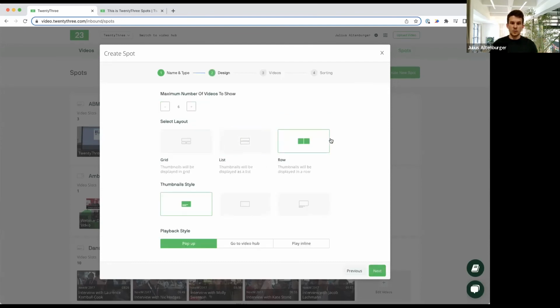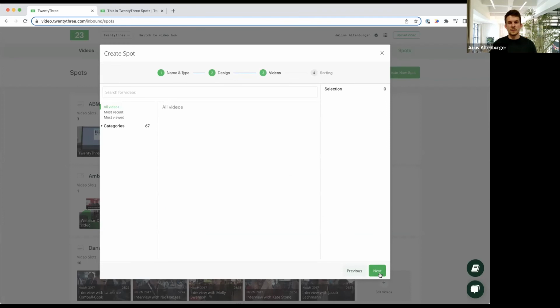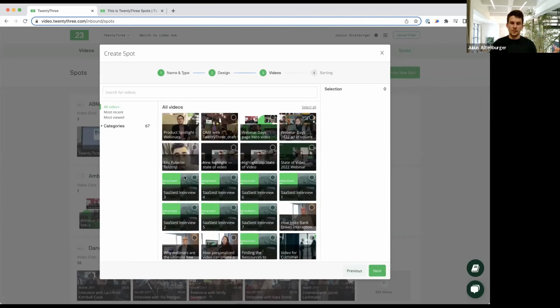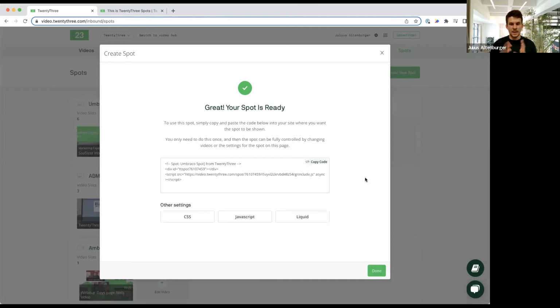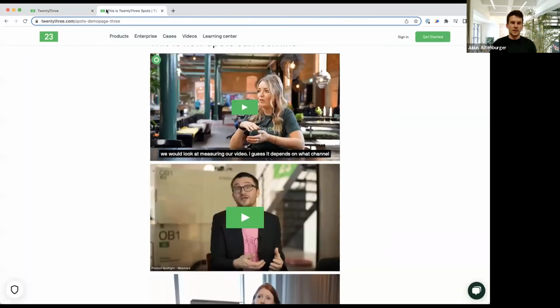I'm able to say how many videos I want to show, what kind of representation, how they are going to be played, and then easily choose the video. If we just choose these two, we get this kind of video playlist, and then finally have this spot that we just need to embed on the website, and are able to manage in a lot of different ways.